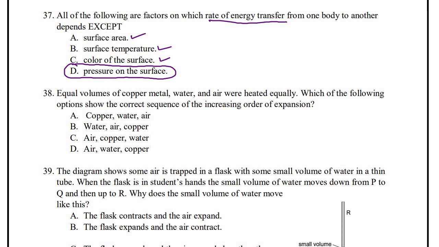Equal volume of copper metal, water, and air are heated equally. Which of the following options shows the correct sequence of increasing order of expansion? So we know that the expansion due to heat, or the thermal expansion, is more in gases as compared to